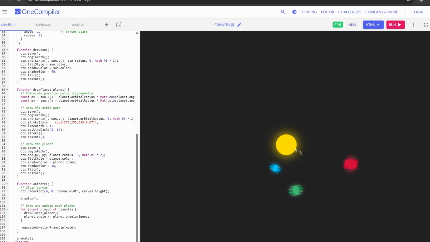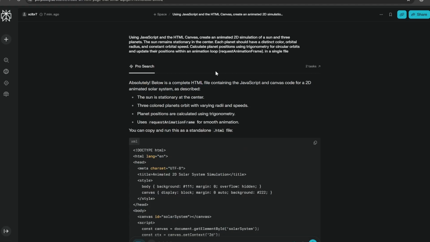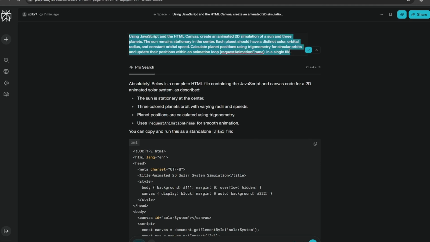Sun should be yellow and everything else. This has the higher speed, this has the slowest one. So I would say it is working because we wanted 2D simulation, not 3D. So it's pretty good. Now I'll come to the next prompt, which is